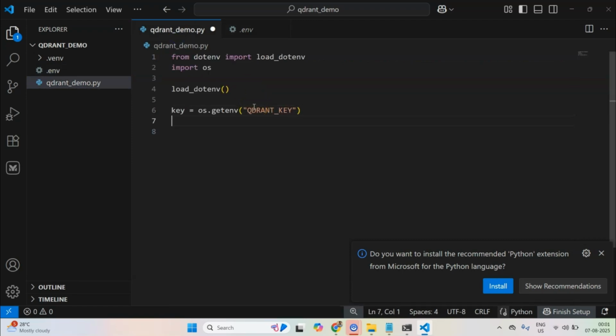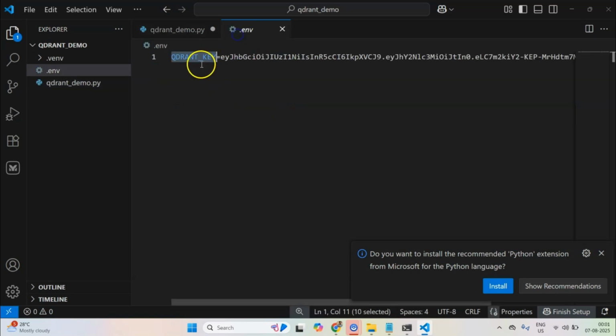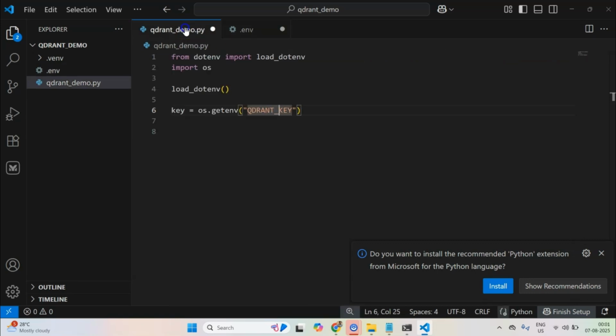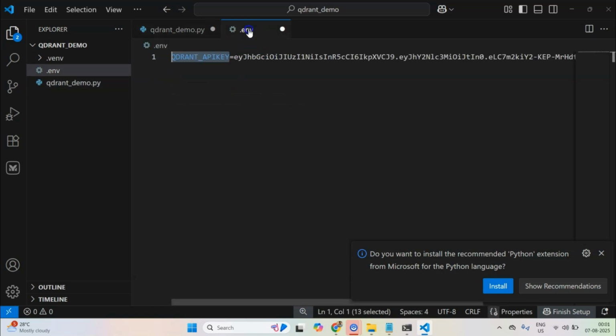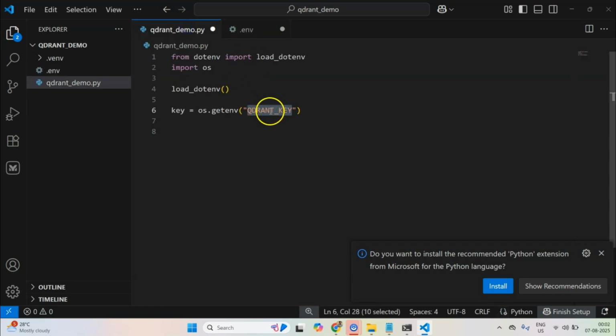Here this key is different from this key, so you might get confused. So I can do something like QDRANT_API_KEY. Now this whole thing is also a key, since when we load the .env, it will be stored as a dictionary, and we are loading the key from the dictionary to get the value. Okay, so this is the key.